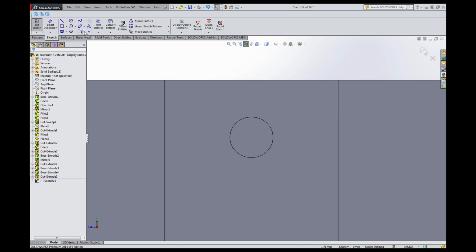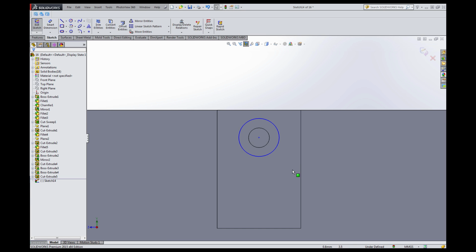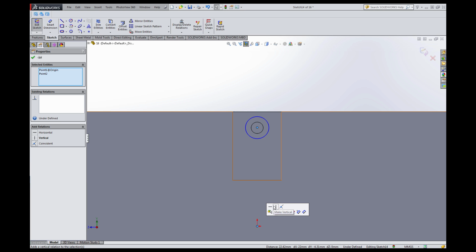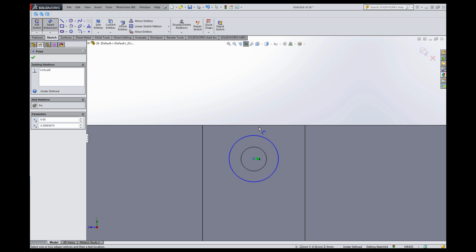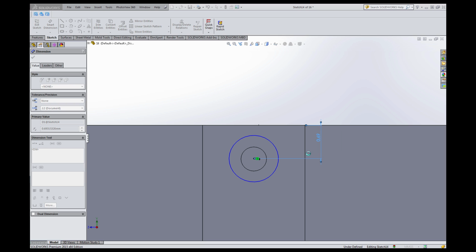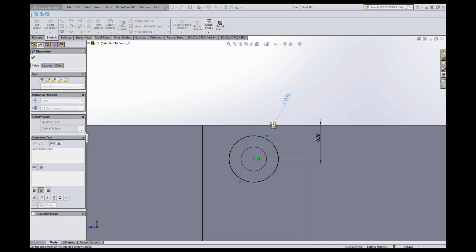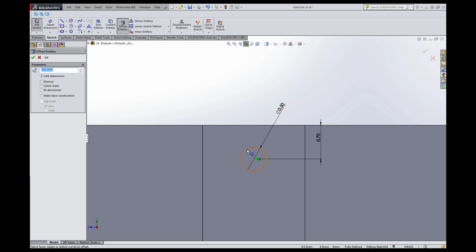Zoom a little bit and go to circle. Okay, circle. Make one here and then make this point and this point vertical. Okay, select the distance between this point and this edge, 0.7mm. Okay, and the diameter I need to be 0.5. Okay, and choose offset from this circle